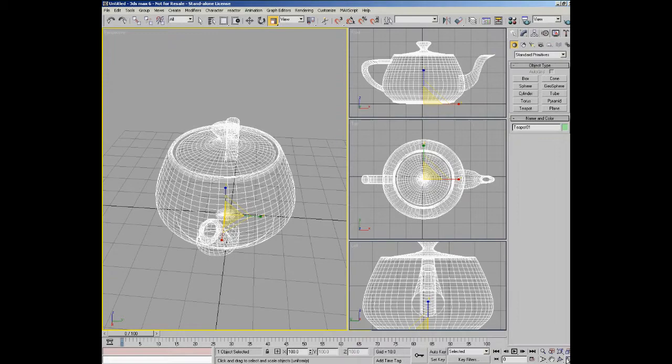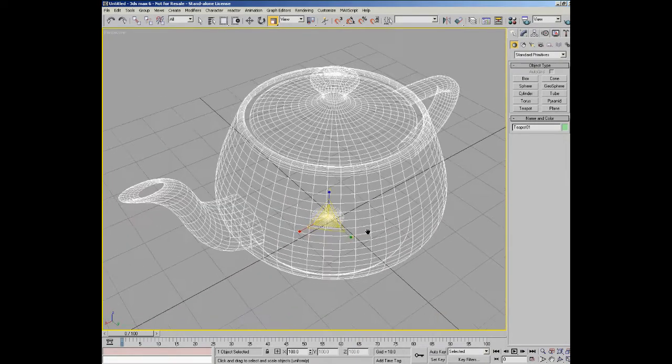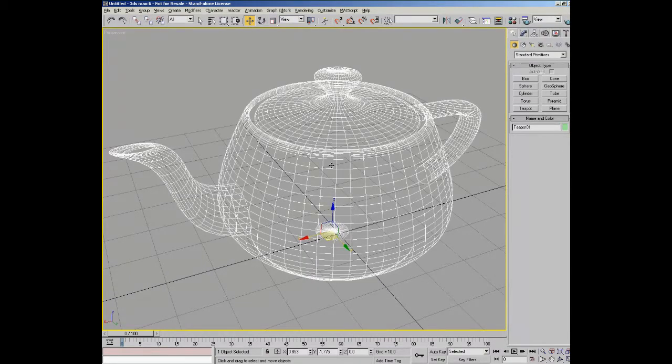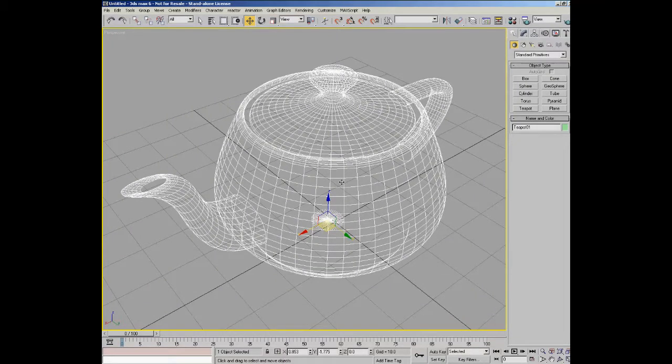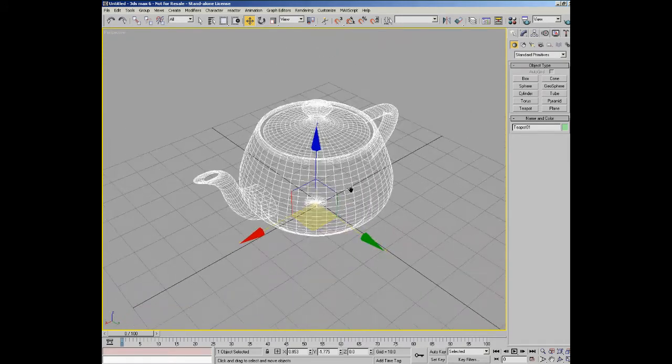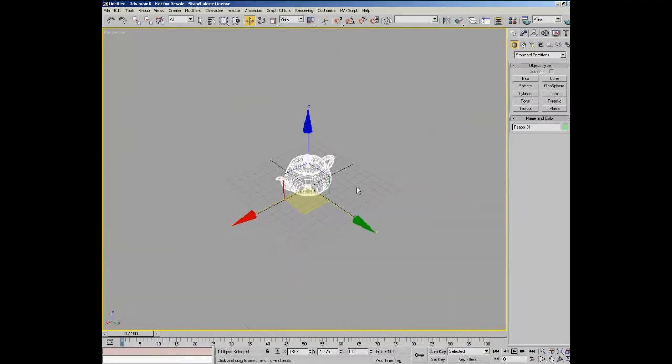Let's go back to a full screen viewport, and you can see that when I actually clicked on the teapot, a little icon appeared in the viewport. Now I'm going to make that icon bigger by using the plus and minus keys on the keyboard. Those are the main plus and minus keys. Now what you're seeing at the moment is called the transform gizmo, and you can see if I zoom out